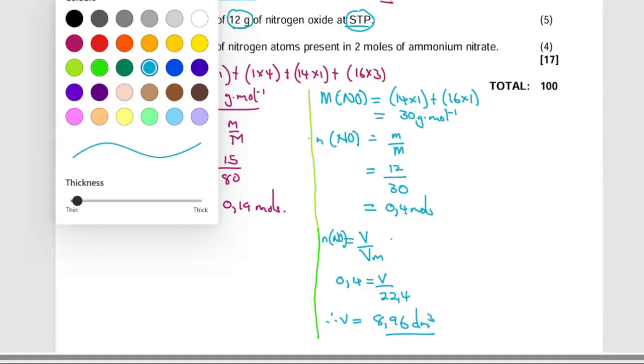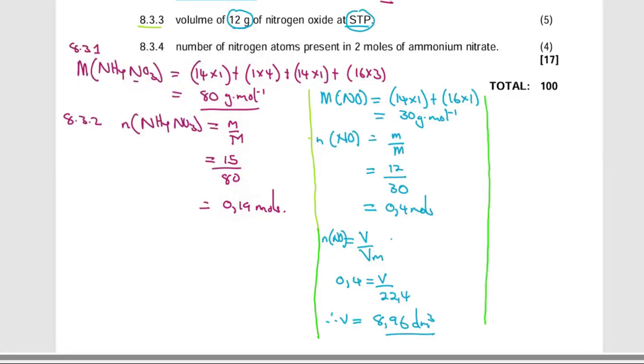Moving on to the next part, which is our last question, 8.3.4, it says nitrogen atoms present in 2 moles of ammonium nitrate. So we're going to proceed and say the number of moles n is equal to N over Na. The number of moles we're given is 2, then is equivalent to